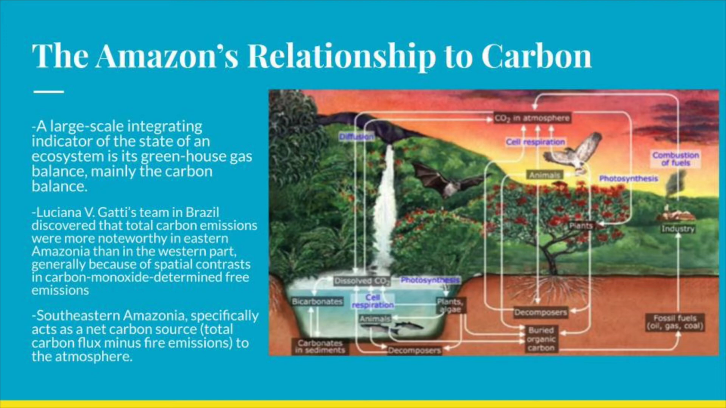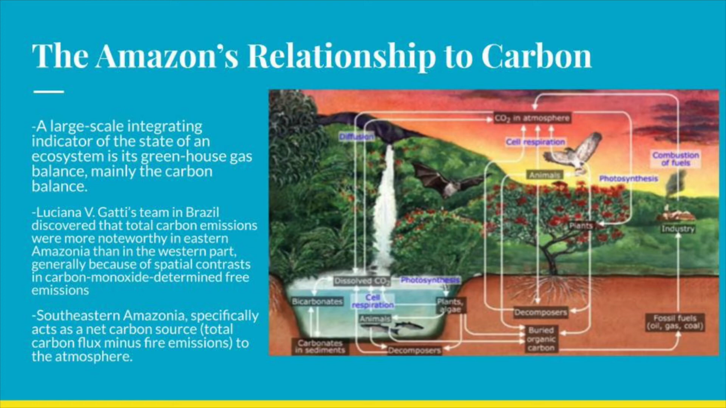Luciana V. Gatti's team in Brazil discovered that total carbon emissions were more noteworthy in the eastern Amazonia than in the western part, which is generally because of spatial contrasts in carbon monoxide determined fire emissions. And so the southeastern Amazonia specifically acts as a net carbon source, meaning total carbon flux minus fire emissions to the atmosphere. And so here we have a representation of the carbon cycle where you can see where carbon flows